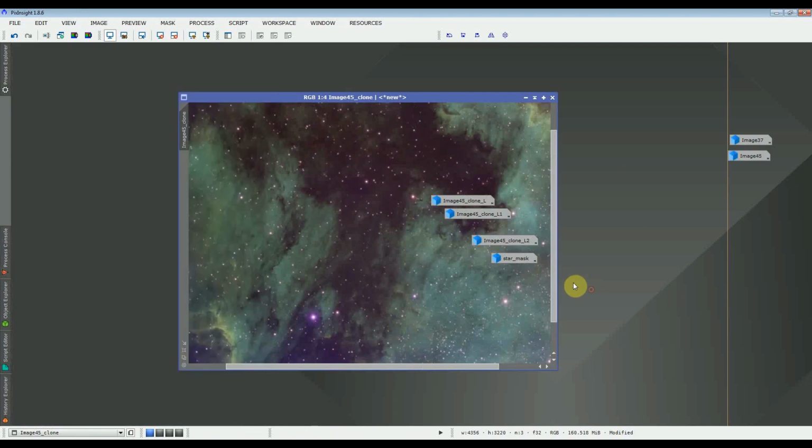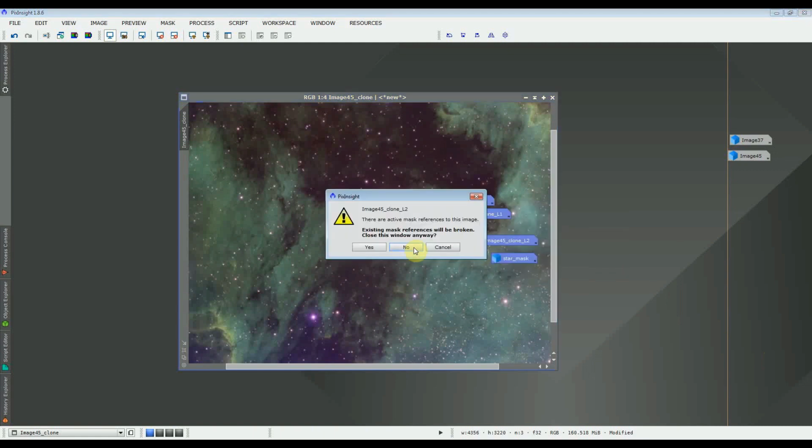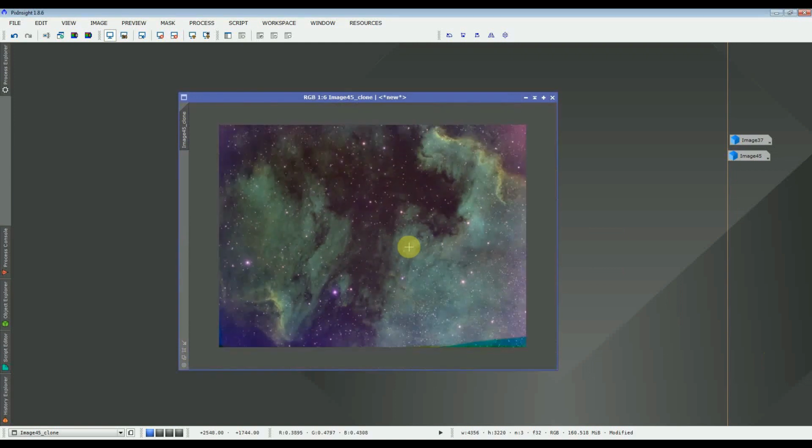Okay, what I can do again is tidy up, and you can delete these images you don't need. There are these small masks that aren't required. Okay, what I'll work on now,